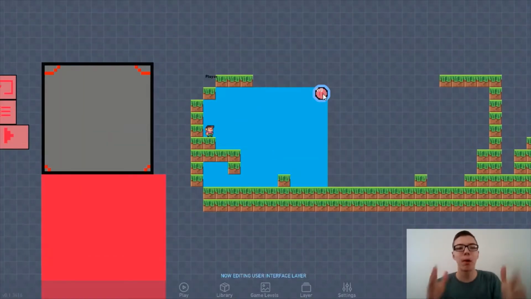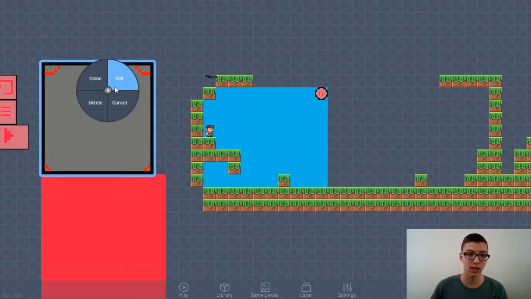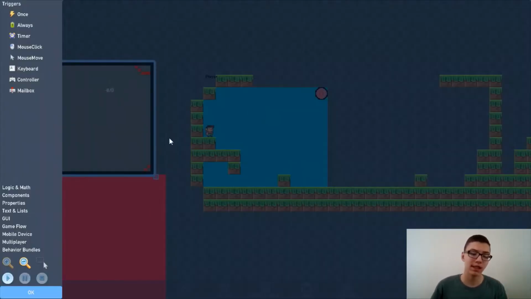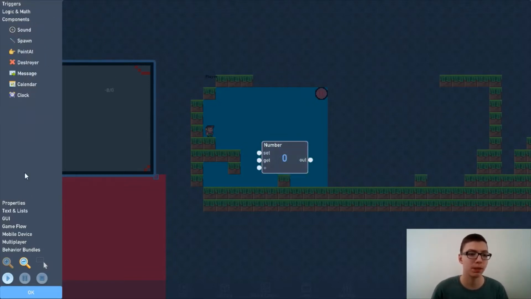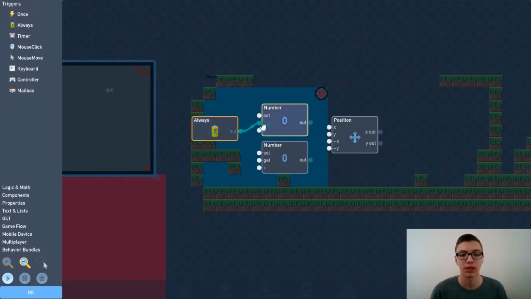Okay, so now that we're done with the pause button, what we'll need to do is head on over to this object. And in these objects, in the next 5 objects, you're going to copy the same exact logic into them. But before that, we need to find out the exact position of every single one of those objects. So without further ado, let's pick out our positions. What we'll need for this is 2 number blocks. We'll need a position block, which is in properties. So do it like this. And then you'll need always get